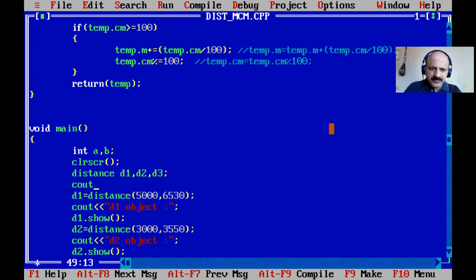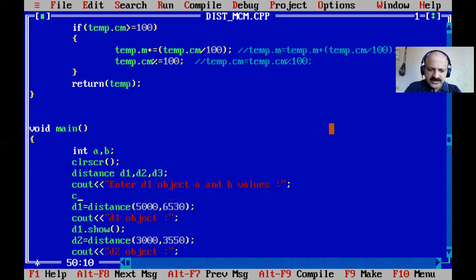So just enter D1 object A and B values, and that is cin A and B. Yes, and we pass here not static values. Now we can give A and B. So that is dynamic.